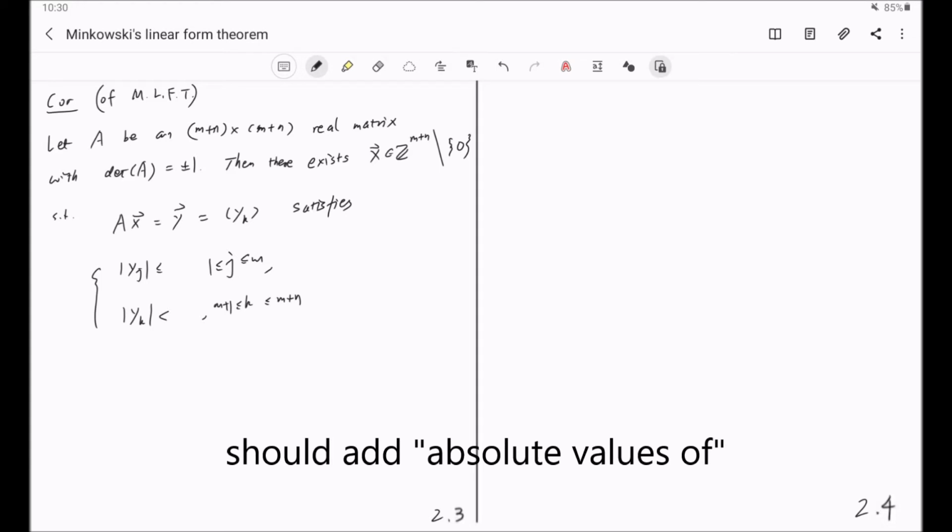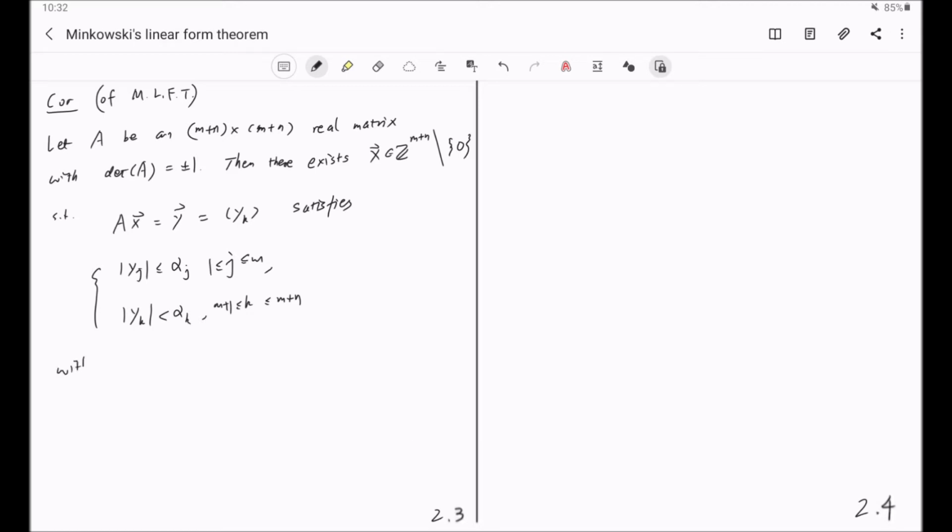The first m components will be less than or equal to alpha sub j's, and the last n components will be bounded by alpha sub k's,